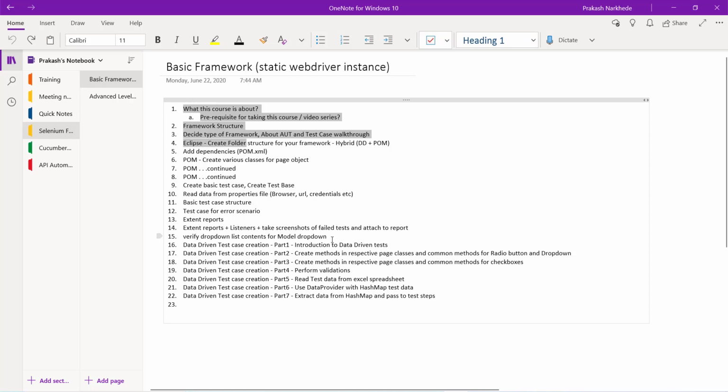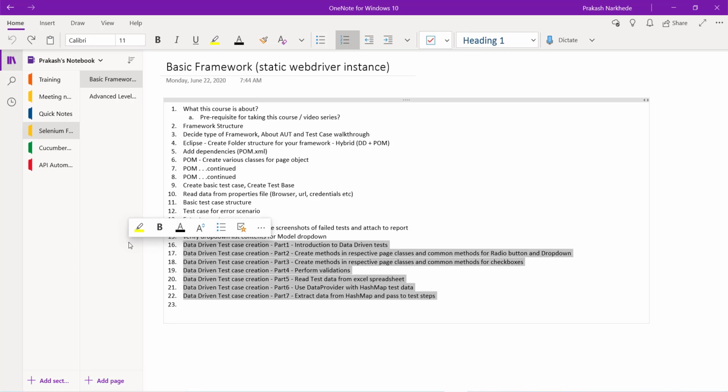Because of that we are not able to do parallel execution. But at the beginner level, this should be very helpful, and this should give a lot of idea how we can implement the framework. We talked about how we can create standalone scenarios, how we can use page object model, how you can do the extent reports, and how we can modify the reports. Then we created data driven test cases, and we saw how we can extend the data driven capabilities for more number of scenarios, right?